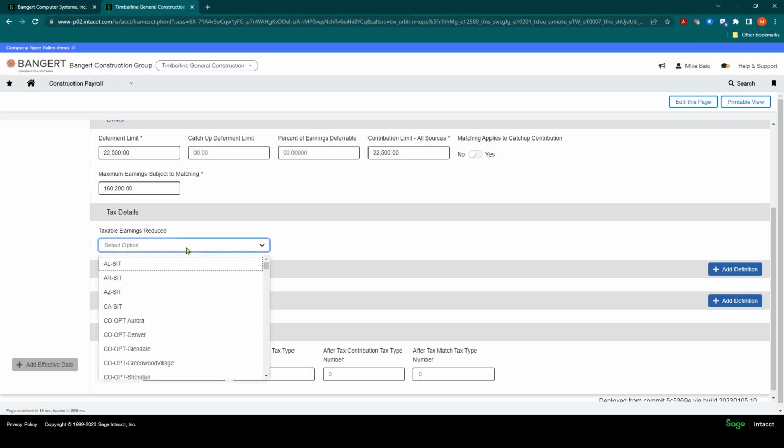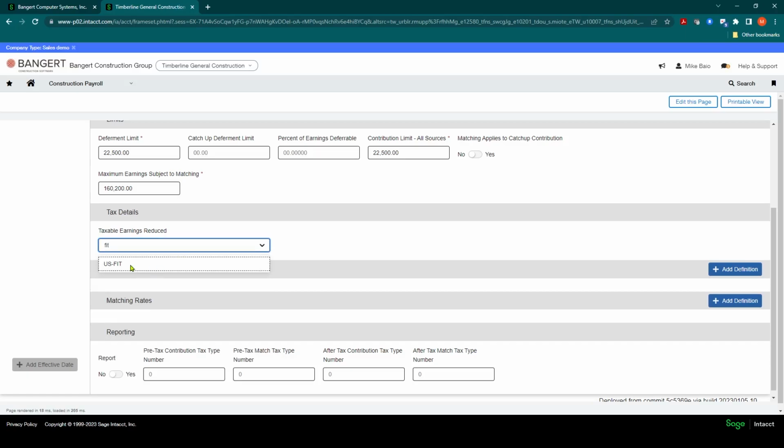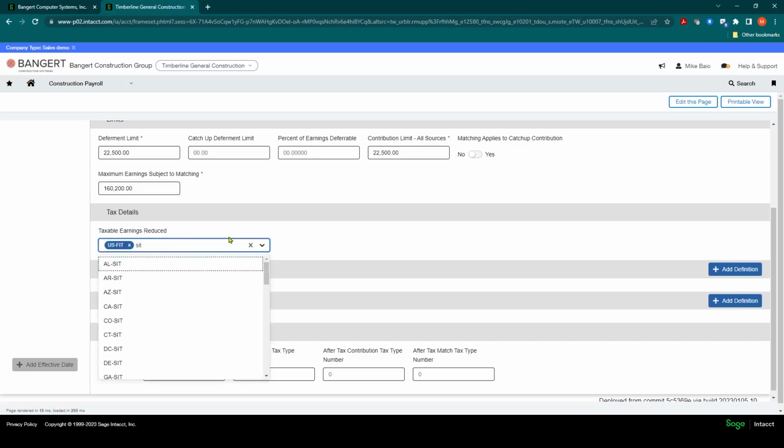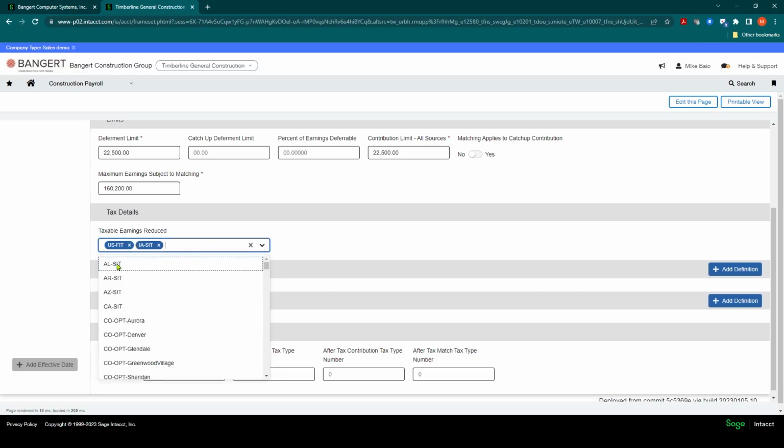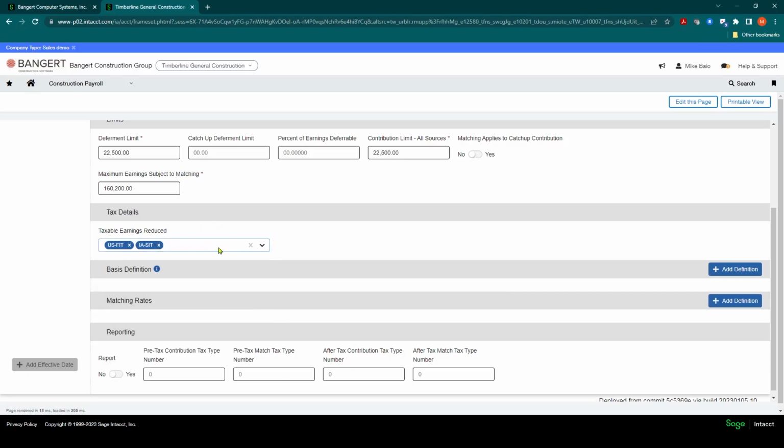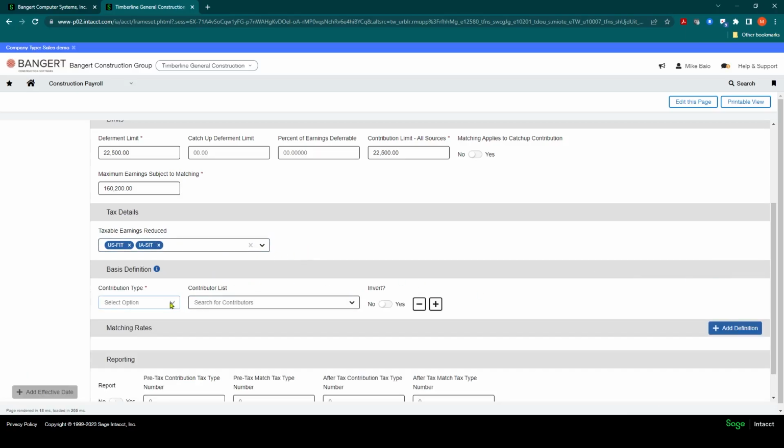So for example, in this scenario, it would be federal income tax, and it would also be any state income tax. Let's assume this sample is Iowa, so it would be before Iowa state income tax. And you would fill out any tax that you would need to be pre-tax on this as well. As far as a base definition, we're going to tell the system that it's going to be based on time card earnings. You do have some options here, but typically it's going to be off of the employee's gross pay, and it'll be what's called time card earnings.